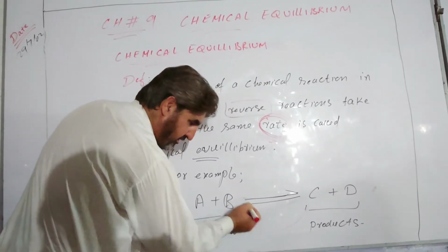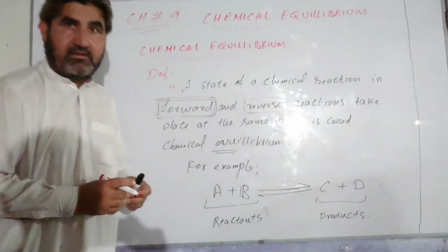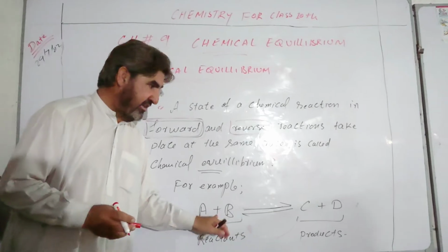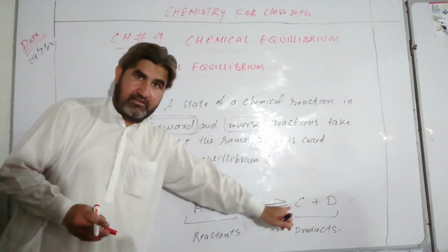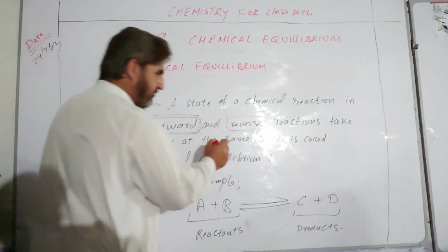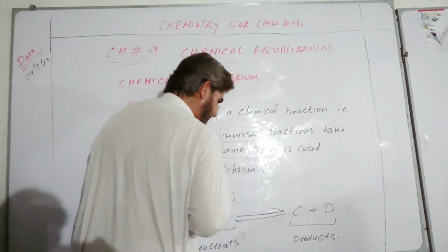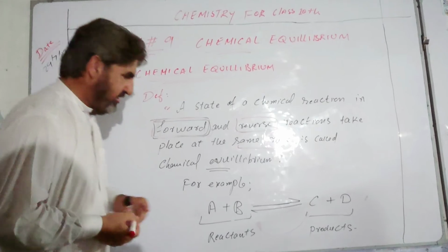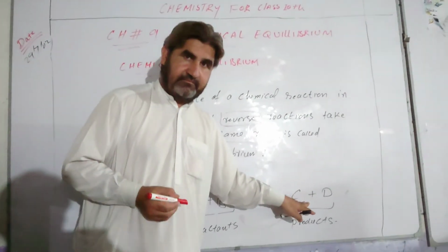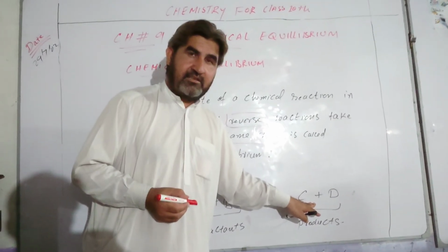This arrow shows the reverse reaction, which forms the reactants from the product. Now what is meant by the same rate? The rate at which the reactants give the products in a certain time